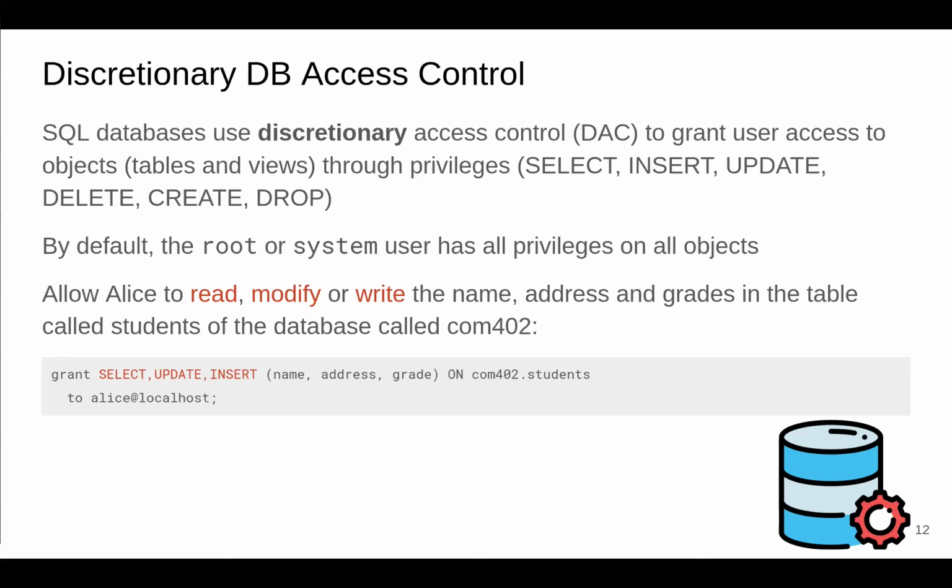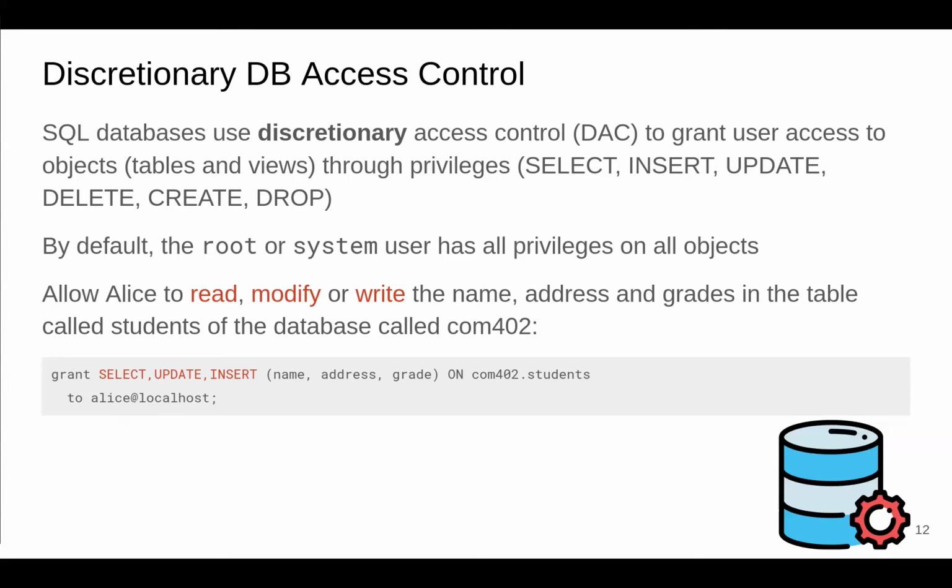By default, root or system user has all privileges on all objects, which makes sense because root can just delete the files and then your database is gone. Or raw hex edit the files, right? It's something you can consider. The database is just a nice visualization that implements access to the underlying files. But the root, the system administrator, always has raw system access. You can just open the database file in your favorite hex editor and edit the file like that, right? So this is why root usually has access, because root already has access. Good?